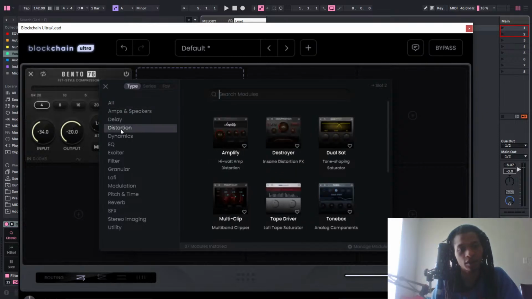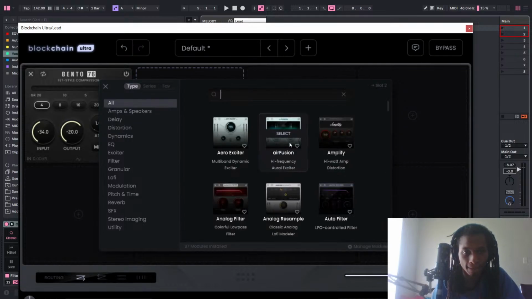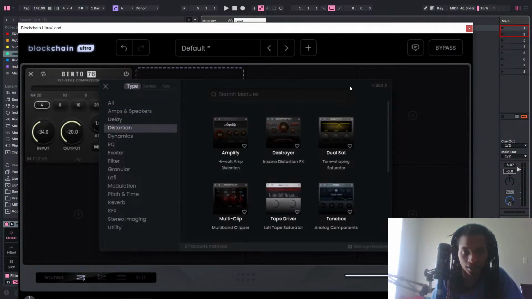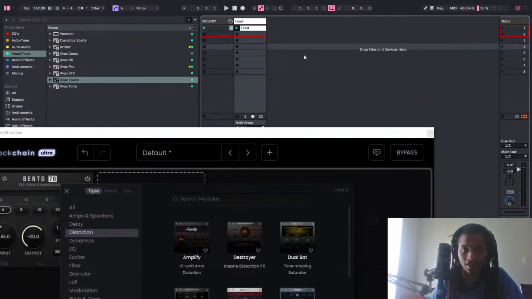I could play with some distortion on this. We could definitely fool around and see what this does, because this can do some really cool stuff. Yeah, we're going to distort this. I see we're going to distort this. It's not playing the sound, which is